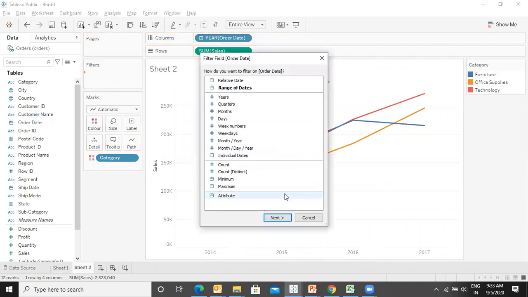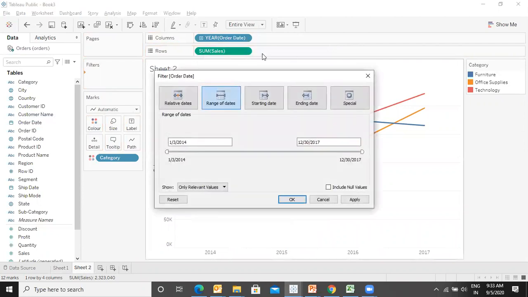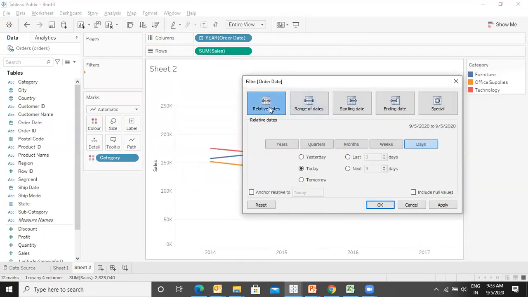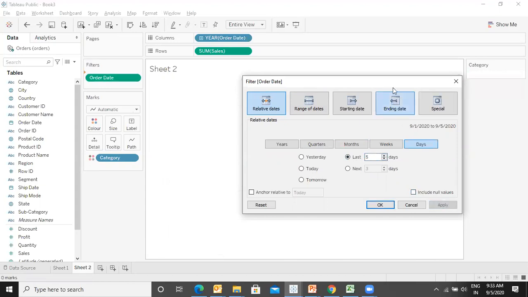Now see what happens and click on next. Now this is what we are getting, the dates. So this is the date filter, relative dates. Relative dates, when we are talking in relation to the current date, that is I want last 5 years, last 7 years, last 10 years, last 7 quarters, last 12 quarters, last 3 months, last say 90 days or whatever, last 12 weeks. So I will say last 5 years, say apply.